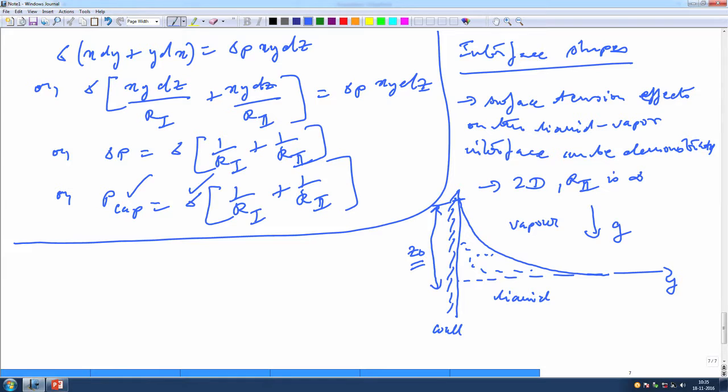Now, in order to analyze this problem, I think you have a clear idea of what the problem is. We have to study what this interface actually looks like, what the shape of this interface is, and how we can describe it. Understood? This is one of the problems. There can be many other kinds of problems, but this particular problem shows what the interface shape should be. And this is the interface shape at equilibrium, remember,